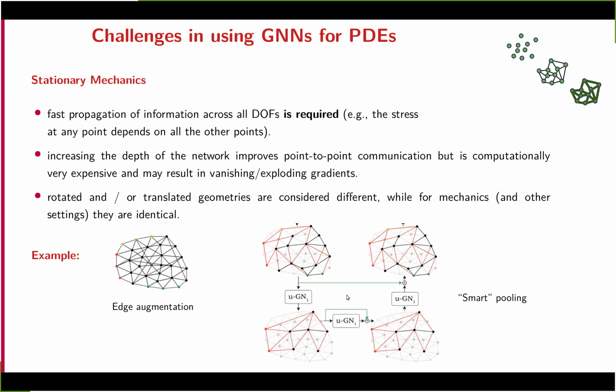So what we did in this case was to do pooling with the top K type of algorithm, which is the same algorithm that is used in GraphNets. The problem, though, was that GraphNets are used in classification contexts, and the effect of a top K algorithm is that the latent graph or the coarsened graph may be even disconnected, which is really not beneficial in physical context. And so what we did at that point was to take the power of the graph to reconnect the graph. Turns out that in very large scale situations, this is prohibitive. It's not a good approach.